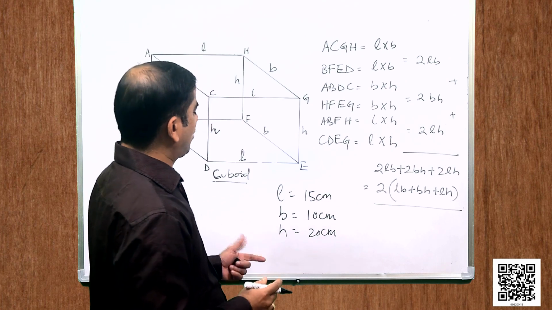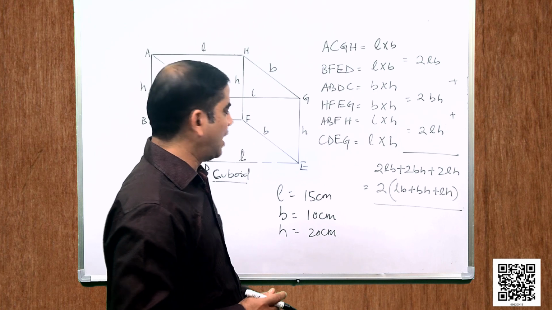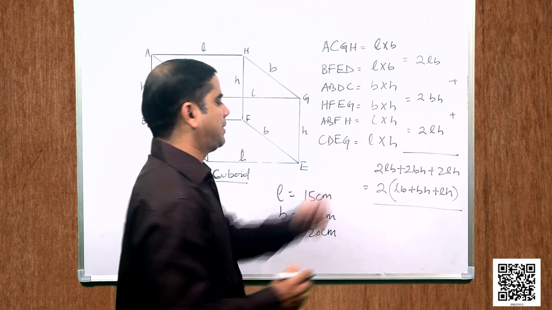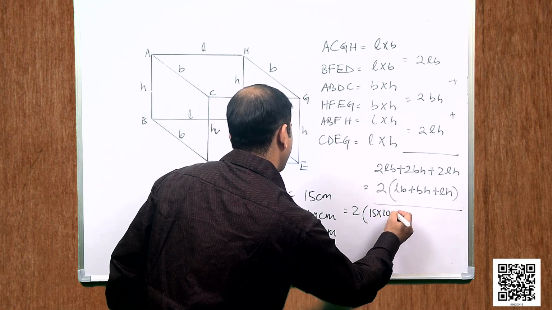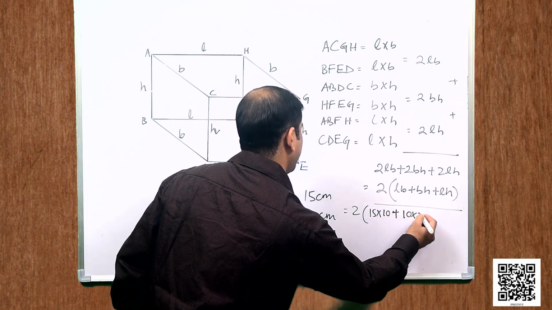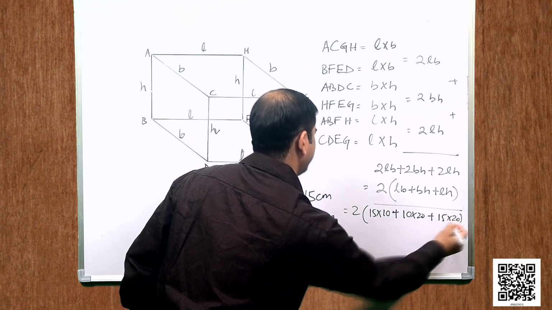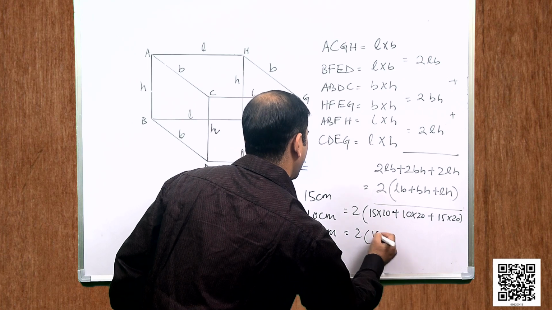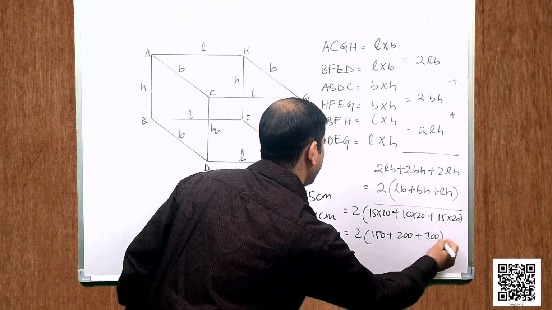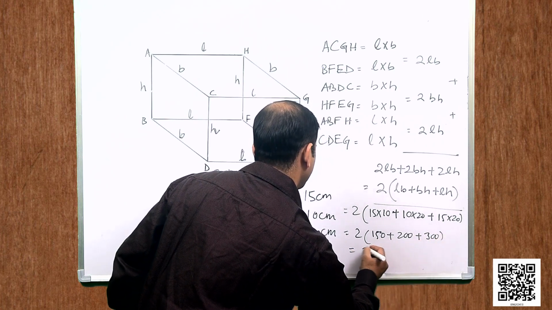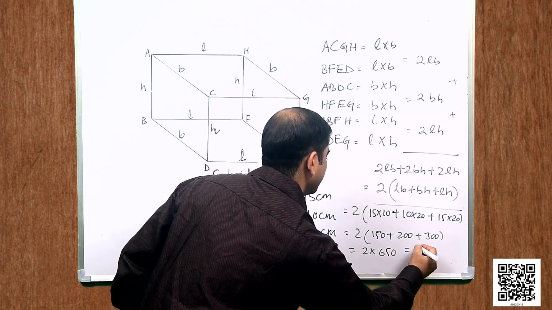Then we can find out the total surface area of the cuboid by using this formula, 2 into LB plus BH plus LH, that is 2 into 15 into 10 plus 10 into 20 plus 15 into 20, that is equal to 150 plus 200 plus 300 or 2 into 650, that gives us 1300